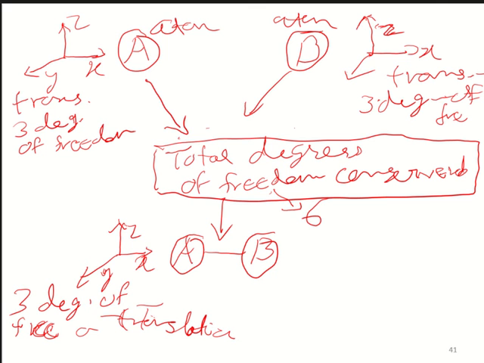Okay. So if the molecule is in the plane of the board, then it can either rotate like this in the plane of the board or out of the plane of the board. The molecule is coming out. Okay. So there are 2 rotational degrees of freedom. So 2 degrees of freedom for rotational motion, 3 for translational, and the one that is left out is for